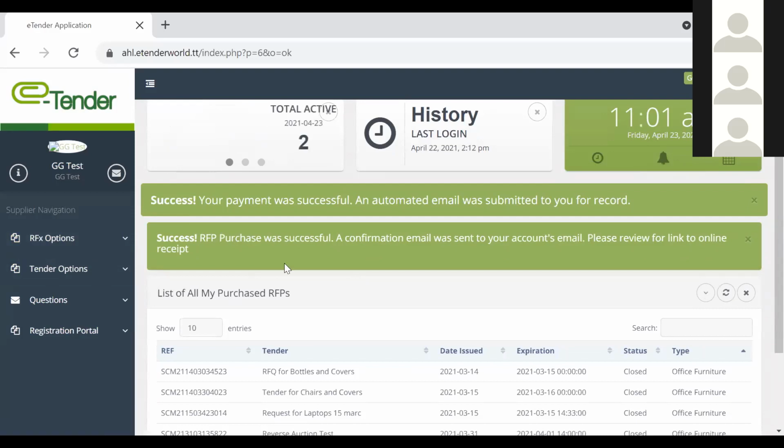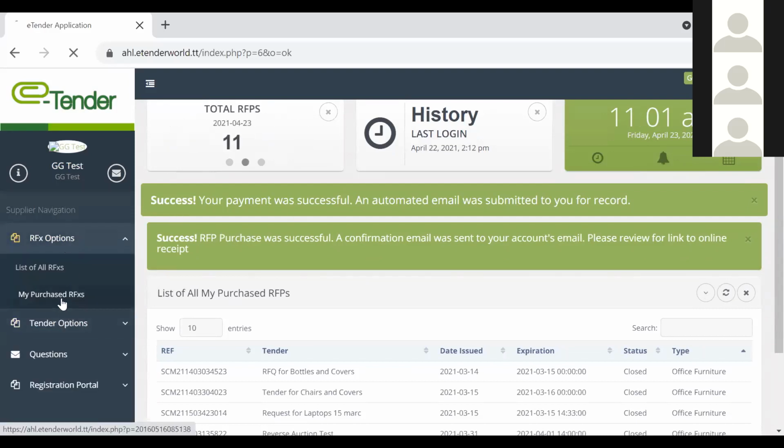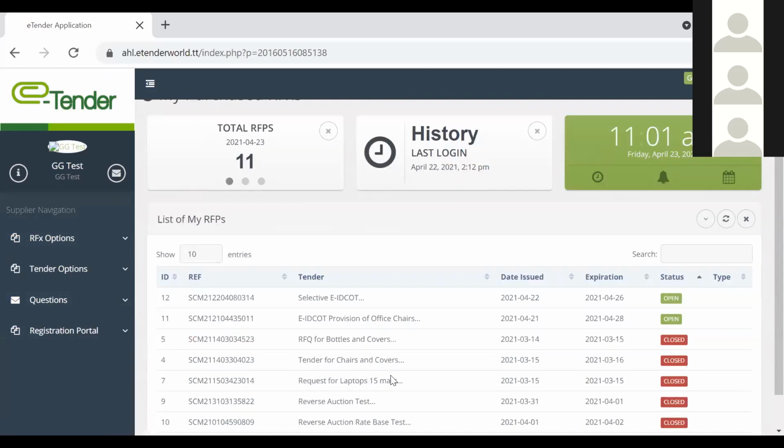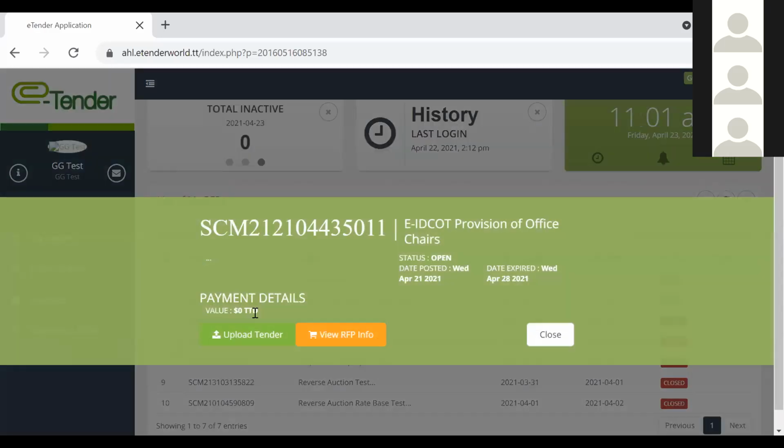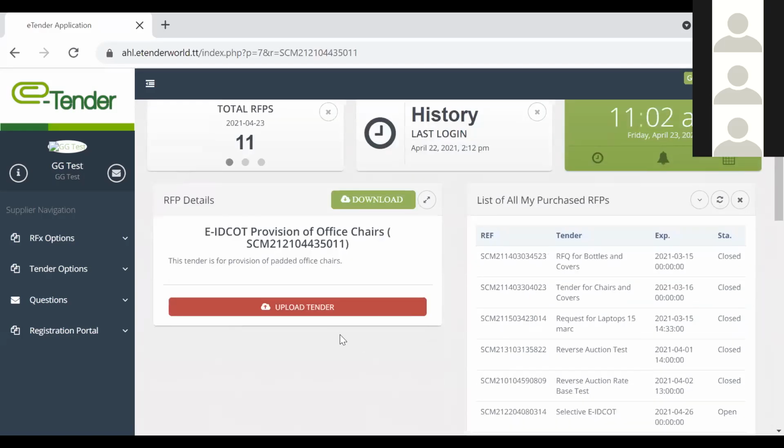So after that is completed, what I will do is go back to the RFX options and go to My Purchased RFXs, where I would see the tender which I just clicked to download, provision of office chairs, available for me. So I would click on it and view RFP info, right? This is where, on this button where it says download, the actual RFP package will be for you to view. You would click on download